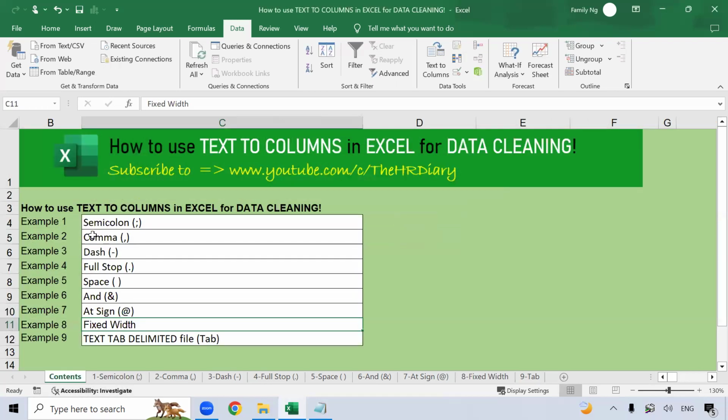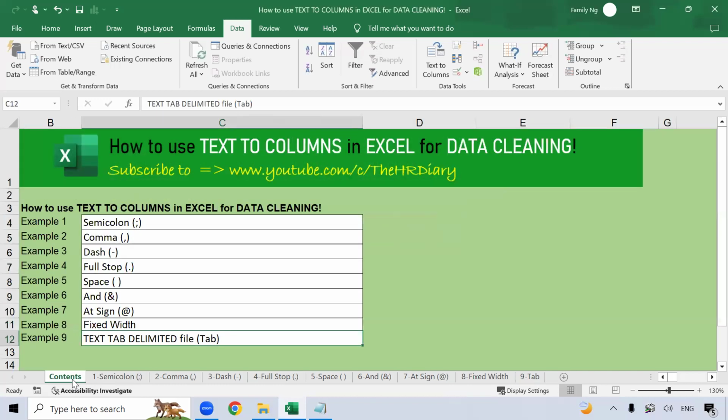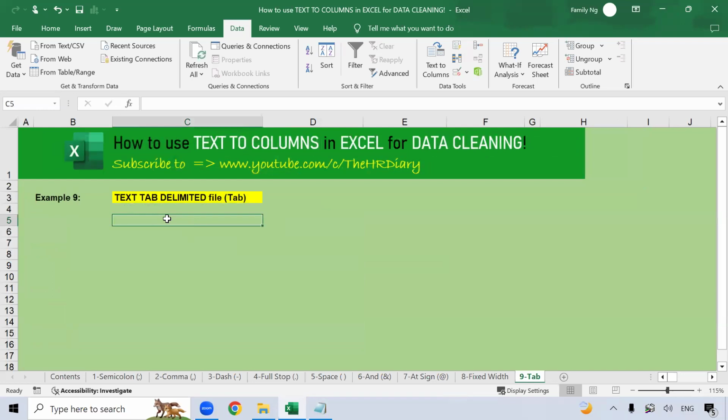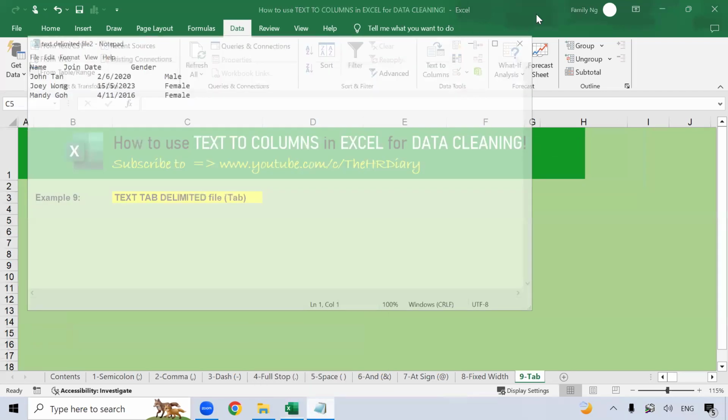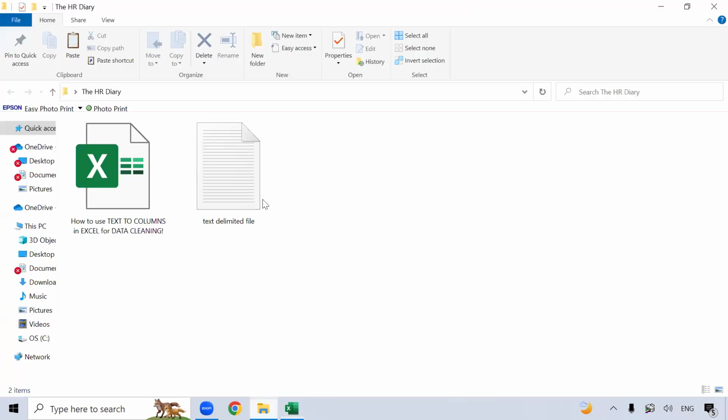Now what's next? So I went through this 7 example. We'll go do something different now. In example 9, text tab delimited file. So in this example, I will show you how to import and convert a text tab delimited file into an Excel file. So let me show you here. Open this file